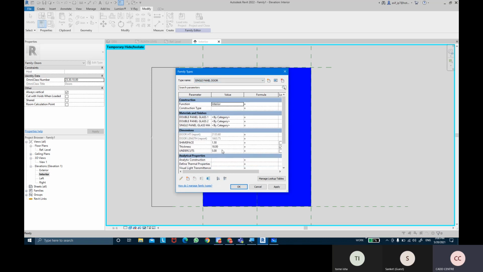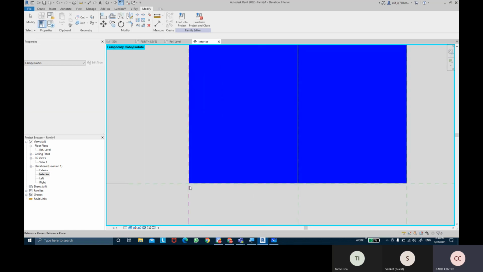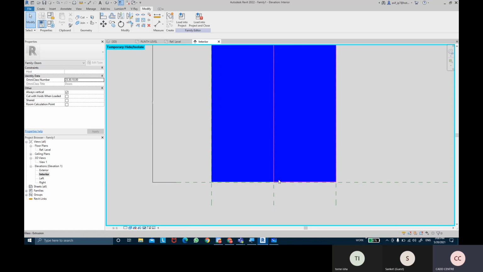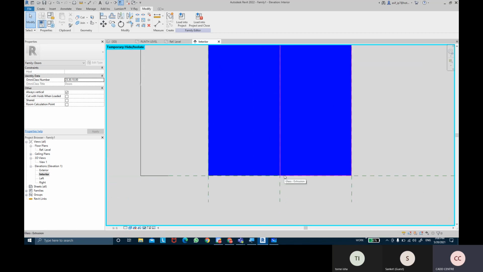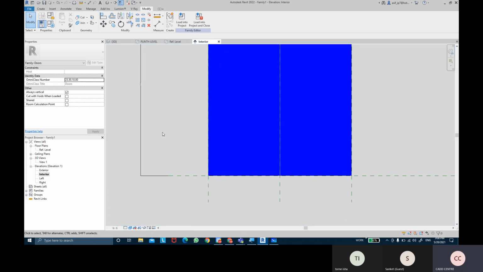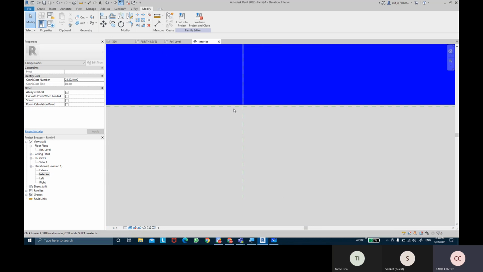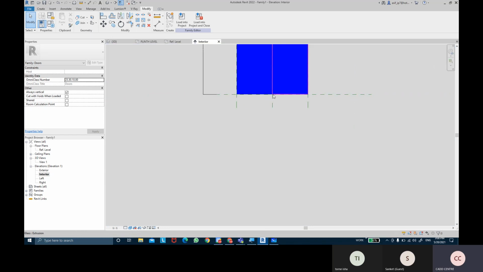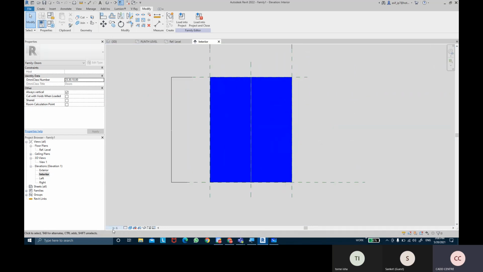door has been active. Okay, and we have the controllers over here, so we can change the thickness of the door, we can change the shim spacing, and we can even change the undercuts of the door as well. So that is how we can change its parametrics. Okay, and if you want to bring that single panel also, you can switch this to reset, and now you'll be able to see both the panels, the single panel and the double panel, on the same file itself.